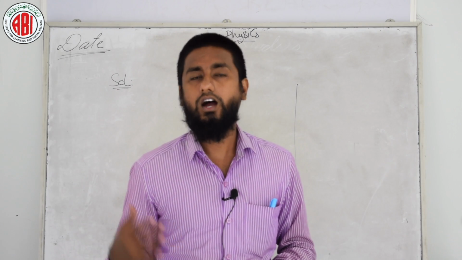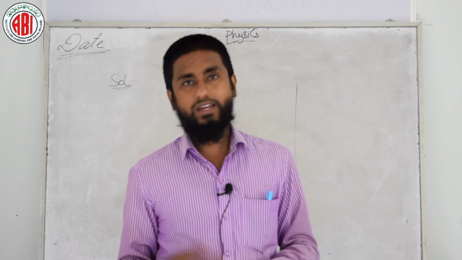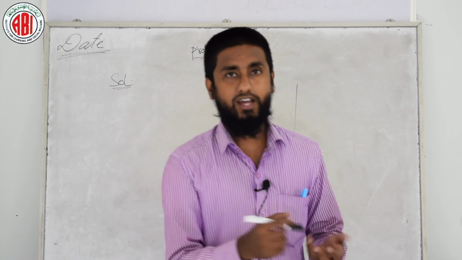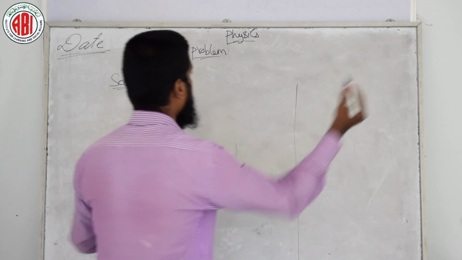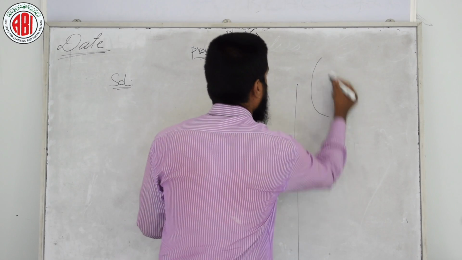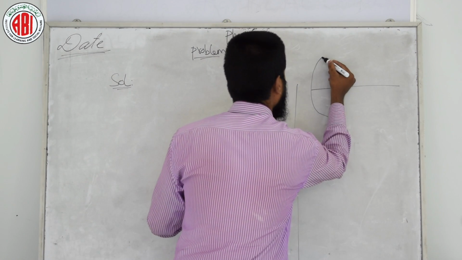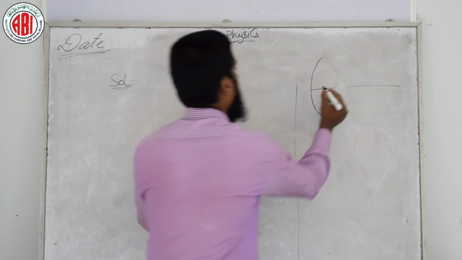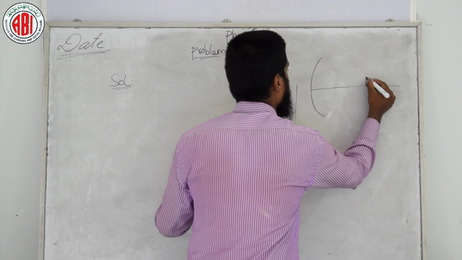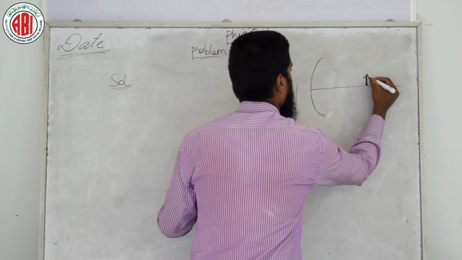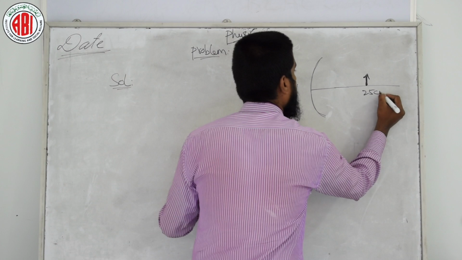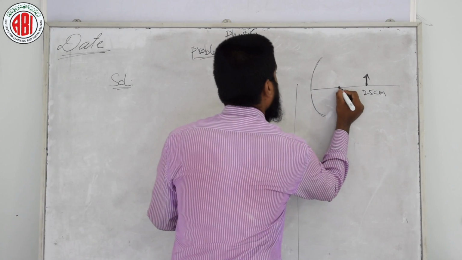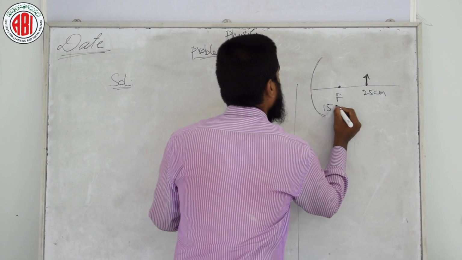This question I have already put on your screen. Now I am solving this question, you can see on the board. First I am solving this with the help of a diagram. Look here, I hope you can see this part of the board. Let us suppose this is our concave mirror. What was asked in the question is that the object is placed at 25 centimeter. Let this be the object. And the focal length of that mirror, what is given, yes students, 15 centimeter.